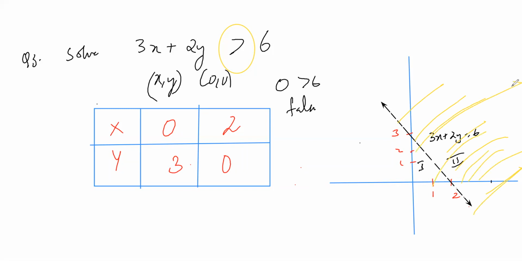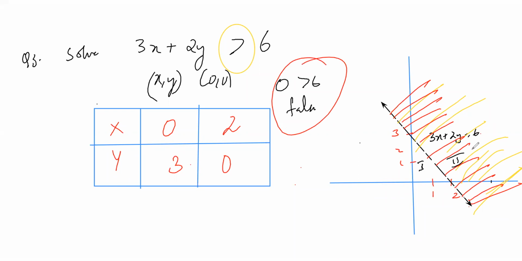Simple thing. Here there are no corner points. If it is false, then it goes to the second plane. Only if it is true, we shade the smaller part. In this particular question, the shade will come to the second and fourth quadrant. It is not a triangle formed here. This is false, so we have to shade the second plane.